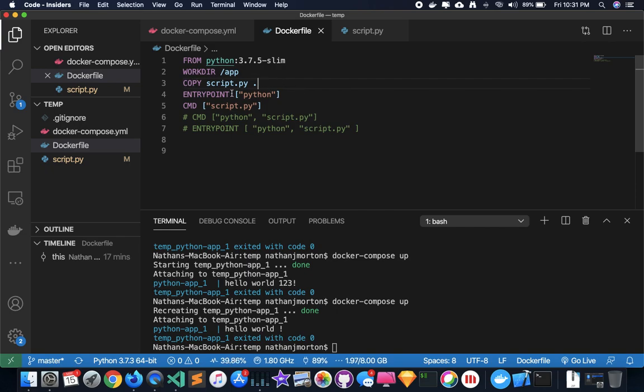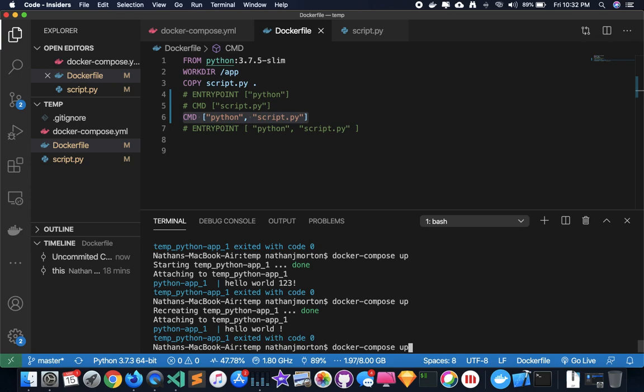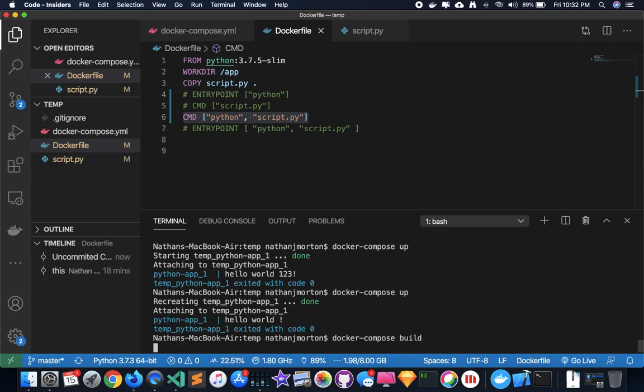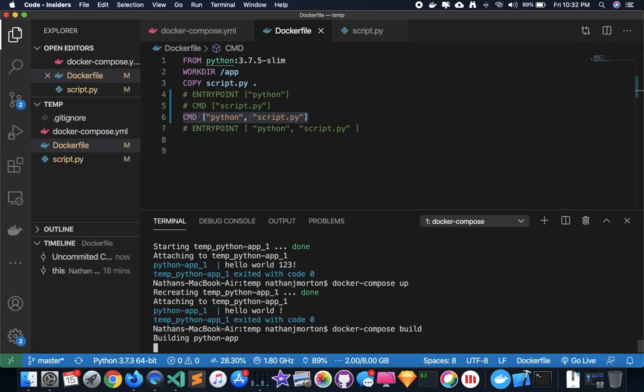Okay, now I'm going to comment out both entry point and command, as I explained before, and just use command here. All right, and I'm going to go ahead and rebuild this. Actually, docker compose build. And I want to show you that